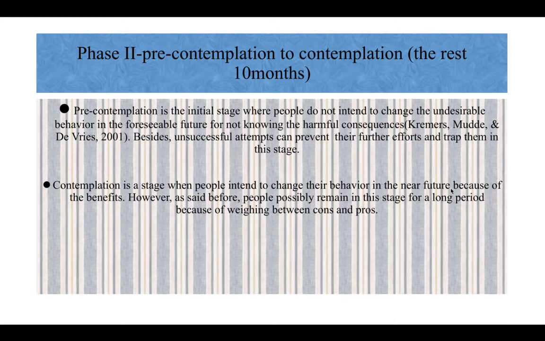Pre-contemplation is the initial stage where people do not intend to change the undesired behavior in the foreseeable future, for not knowing the harmful consequence. Besides, unsuccessful attempts can prevent their further efforts and trap them in this stage. Contemplation is a stage when people intend to change their behavior in the near future because of the benefits. However, as said before, people possibly remain in this stage for a long period because of weighing between cons and